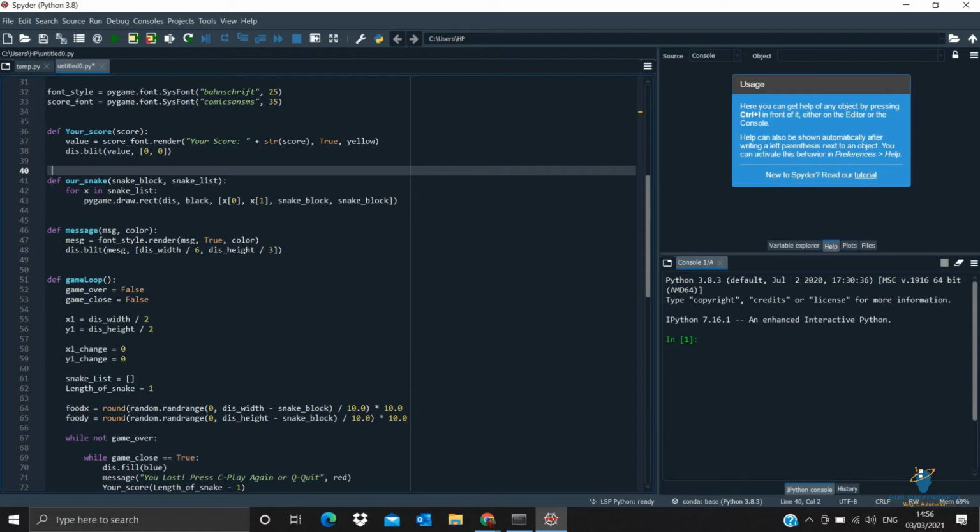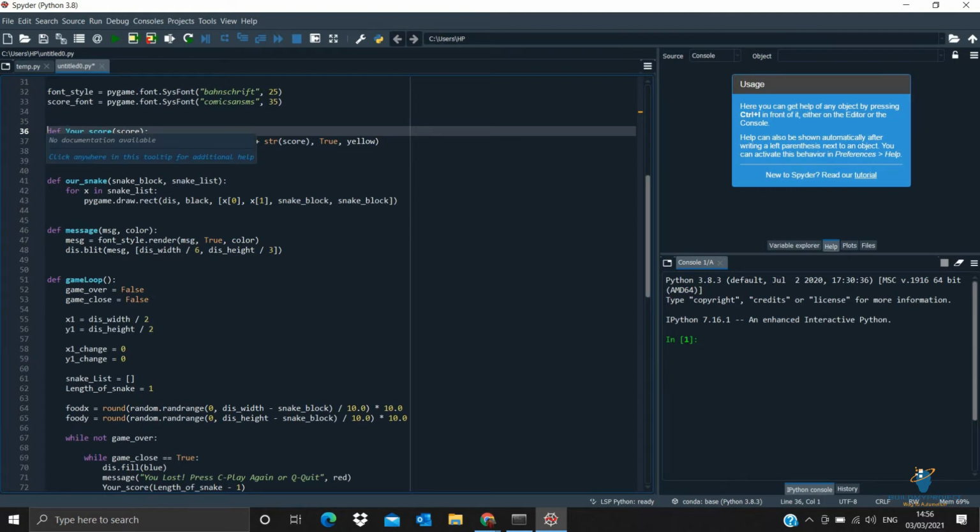In order to get those scores, we have assigned a new function with the help of def. With the help of def we can create any function, and the name of the function can be anything. You just need to remember that the first character should not be a number, it should not consist of any special characters. It should be an alphabet in the first place.